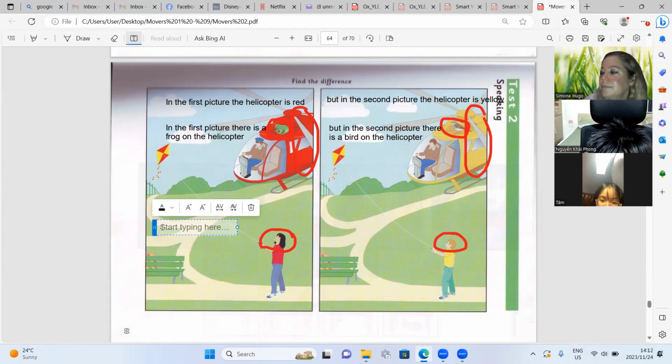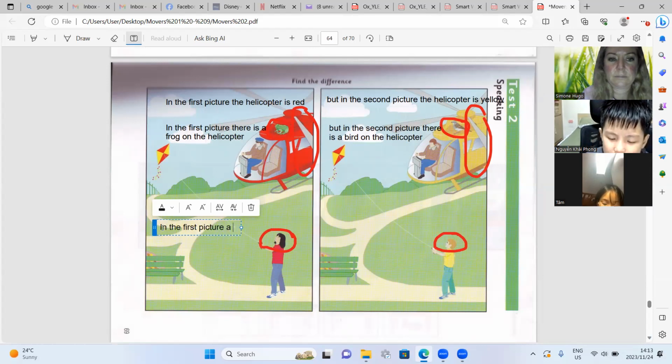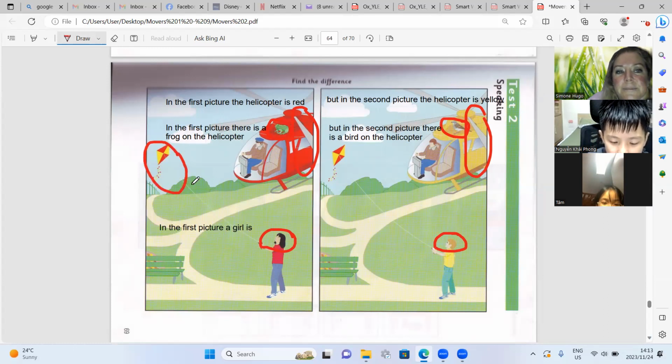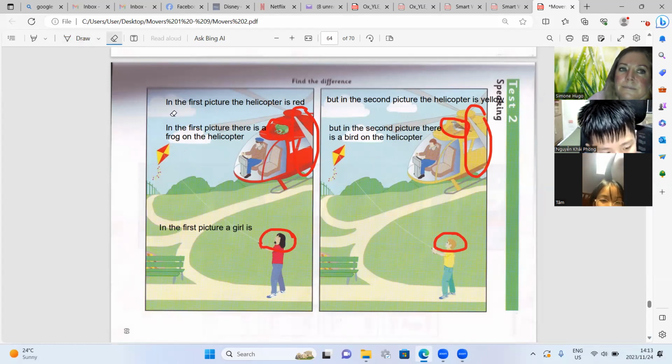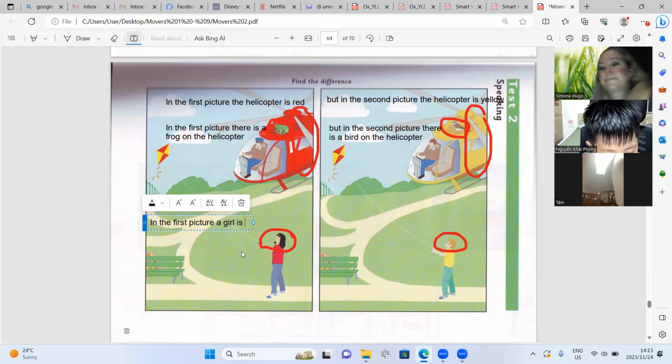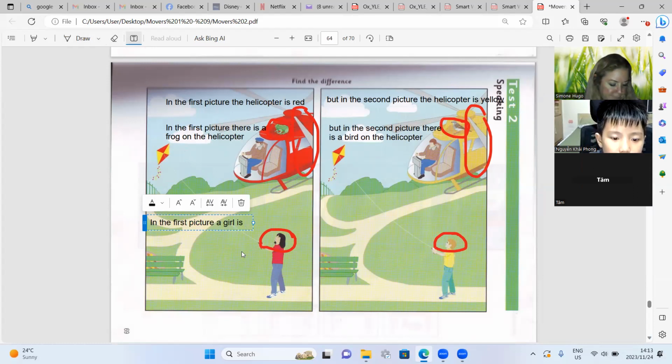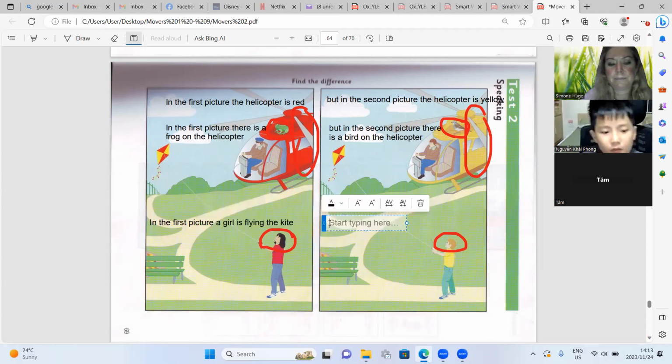What is she doing? Okay, Khai Phong, in the first picture, a girl is flying the kite. But in the second picture, a boy is flying the kite.